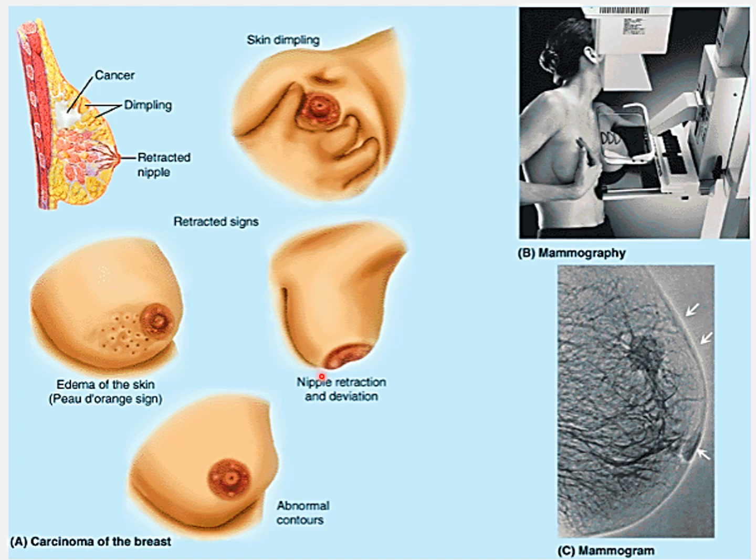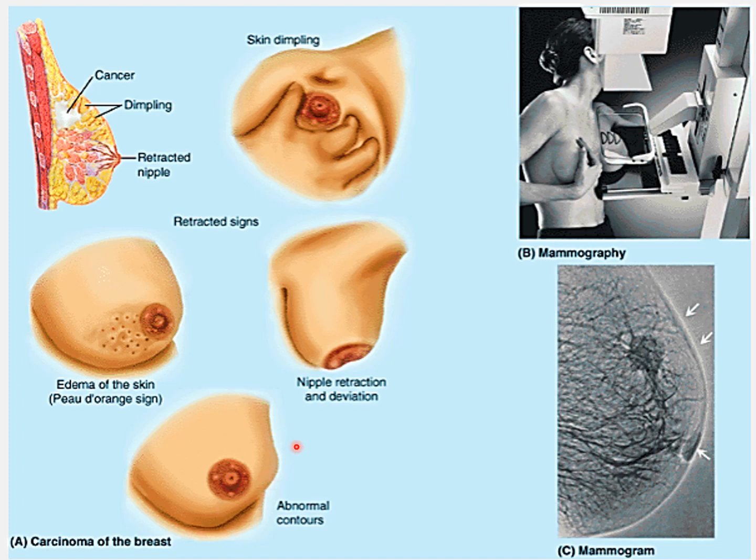Another problem which can occur is that the nipple will be retracted or deviated because of the cancer cells inside. If this area is involved, the nipple can be retracted or deviated, or because of the fibrosis or presence of cancerous cells, the contour of the breast will not be normal, it can be abnormal. Normally, as we have seen, it is a hemispherical structure, but because of the presence of this cancer, the specific shape of a half circle will not be there. So abnormal contours of the breast will be there.